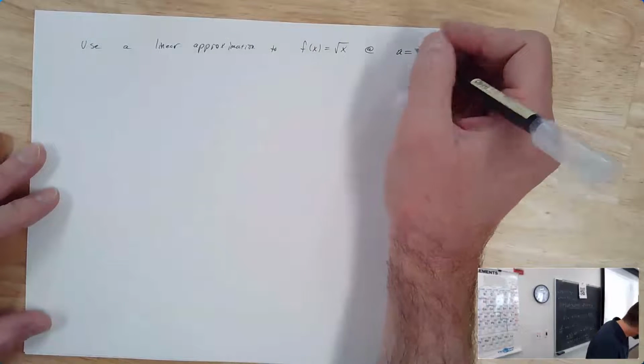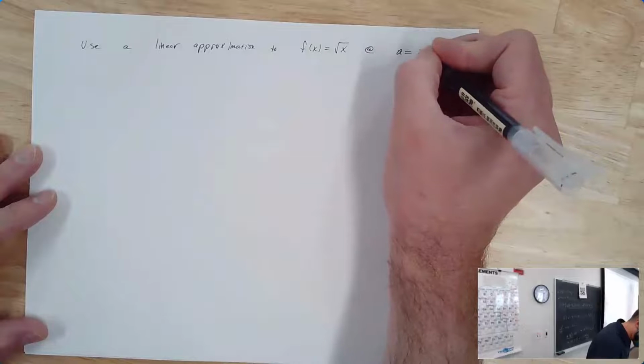I'm not going to pick something like 7 because I don't know what the square root of 7 is. I'm going to pick something like 36 because I know what the square root of 36 is. So let's say we have a equal to 36